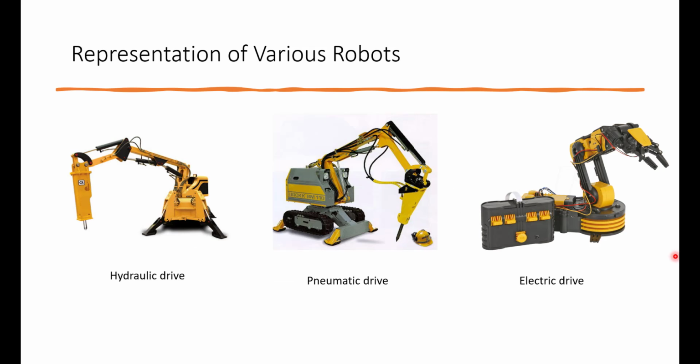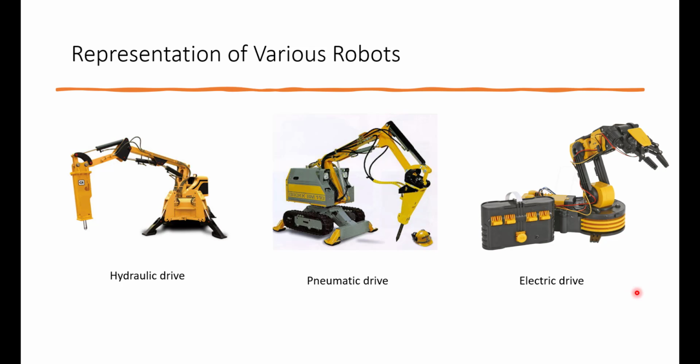We can also classify the robots based on drive technology. Hydraulic drive is generally associated with larger robots. The usual advantage of hydraulic drive systems is that they provide a robot with greater weight and strength. Hydraulic drive systems can be designed to actuate either rotational joints or linear joints. Rotary vane actuators can be utilized to provide rotary motion, and hydraulic pistons can be used to accomplish linear motion.